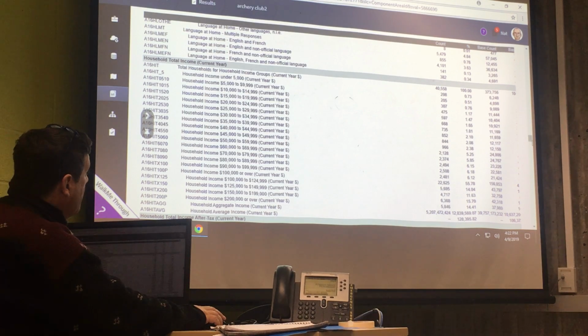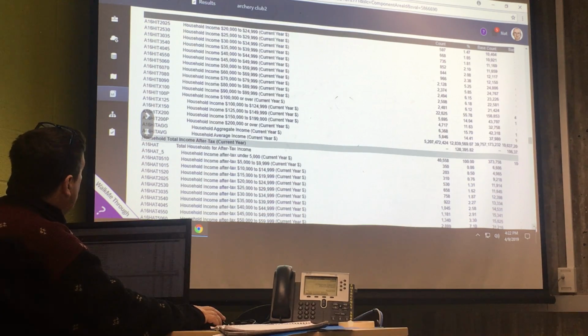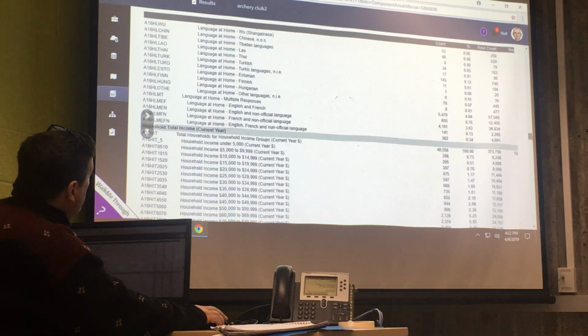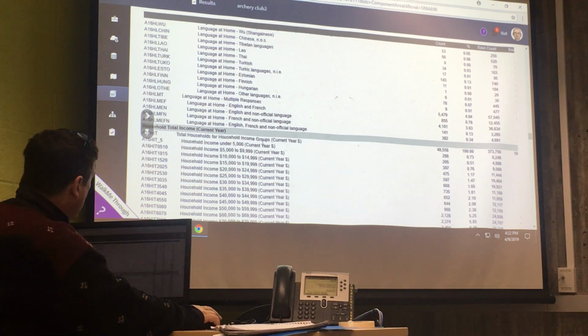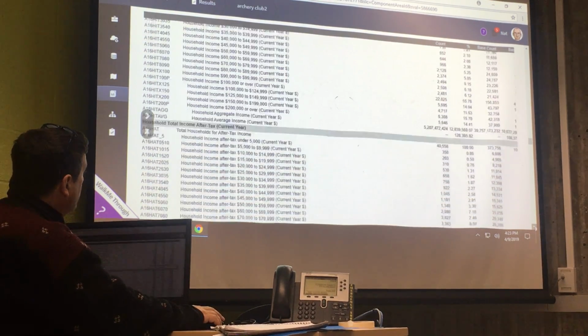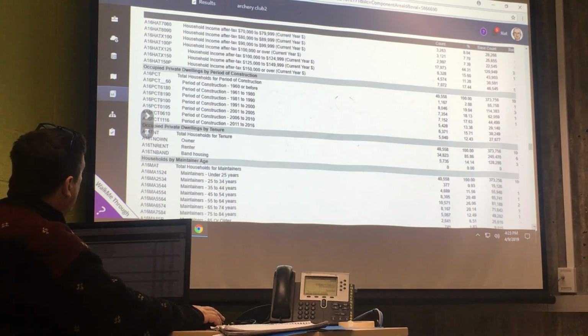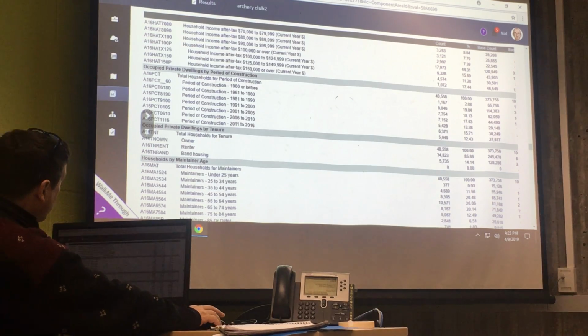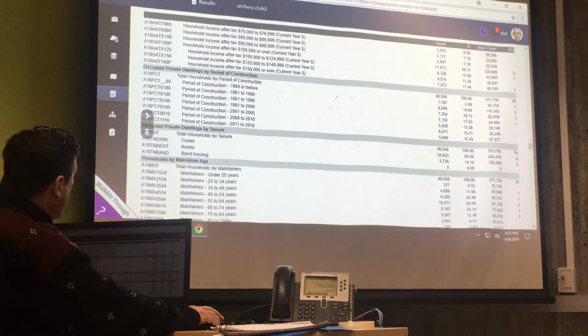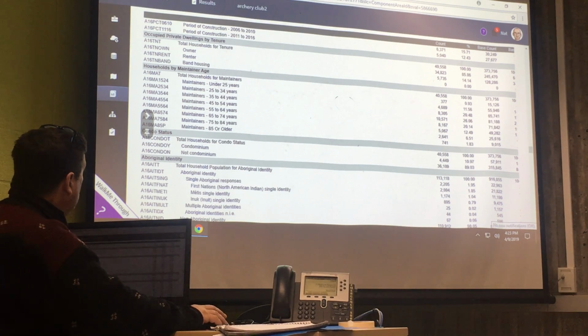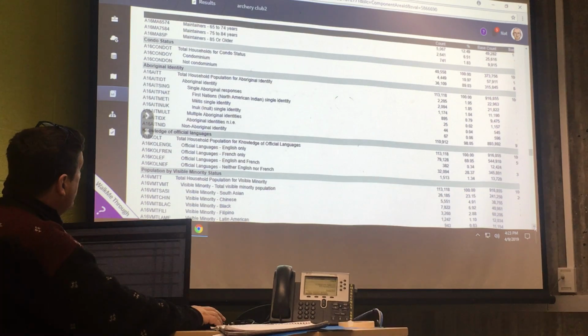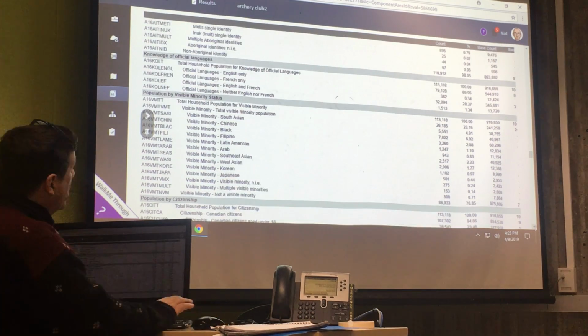The total income, for instance, here's your total income. If I've asked you for income, better to keep it here, total income current year, because after tax becomes more complicated. Type of period, by period of construction, I don't think any of you have to worry about that. Household by maintainer age, that's the person who's described in the census as the head of the household. And if there are any Aboriginal people in that area,